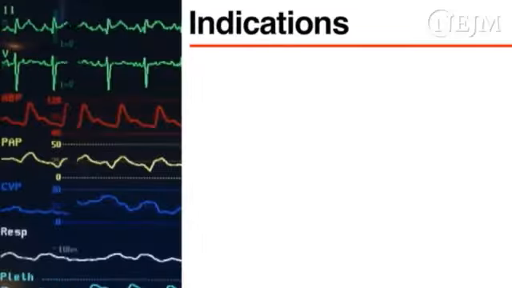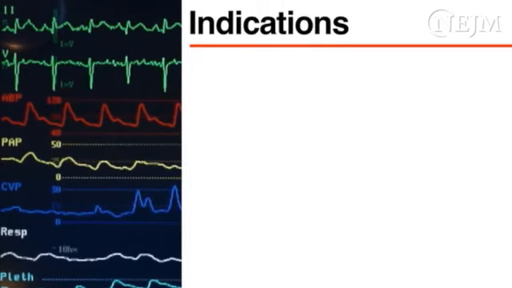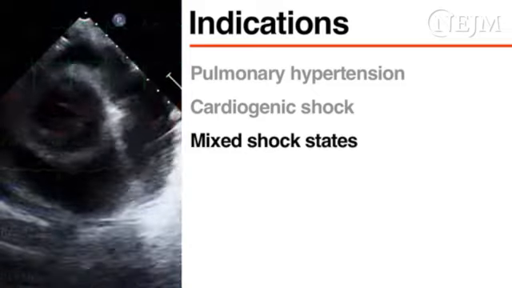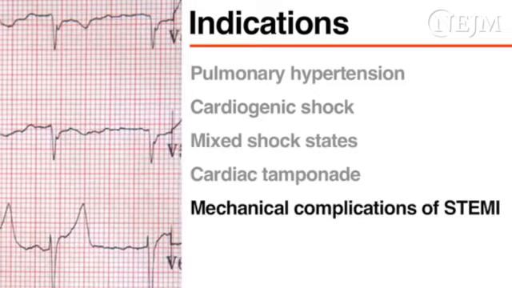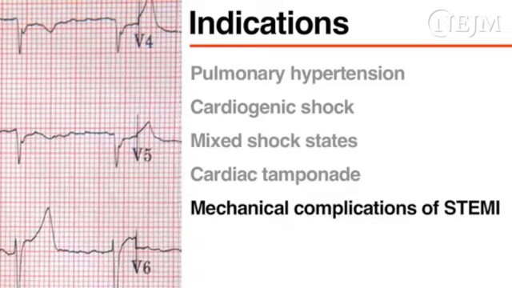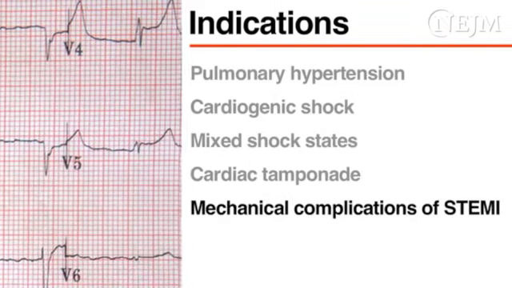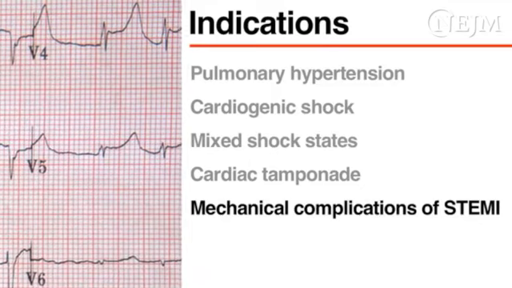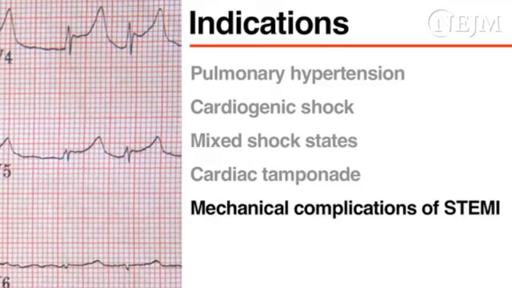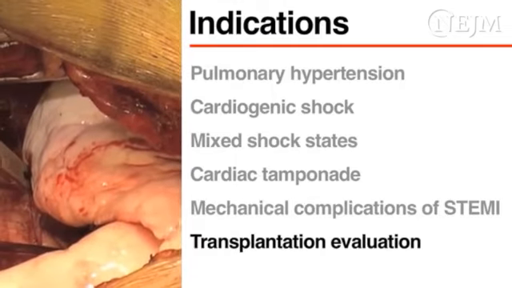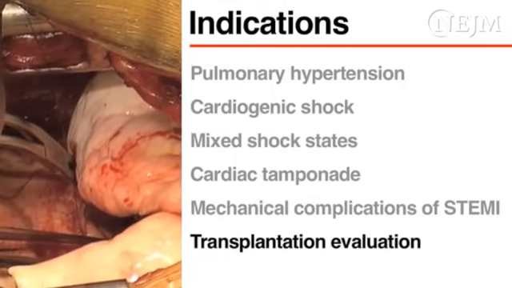Pulmonary artery catheterization can be used to diagnose and manage pulmonary hypertension, cardiogenic shock, mixed shock states, cardiac tamponade, and mechanical complications of ST segment elevation myocardial infarction, known as STEMI, including right ventricular infarction, ventricular septal rupture, and papillary muscle rupture. Pulmonary artery catheterization is also part of the standard evaluation of patients being considered for heart or lung